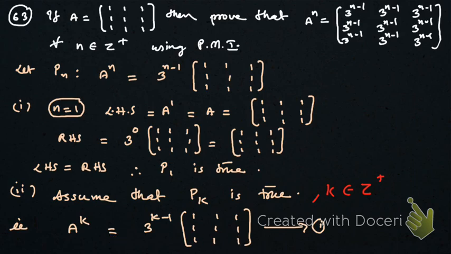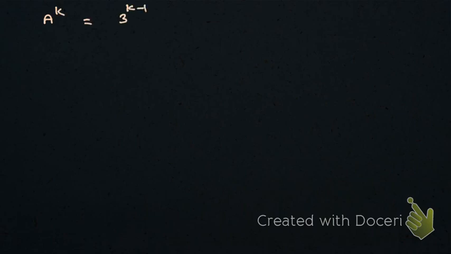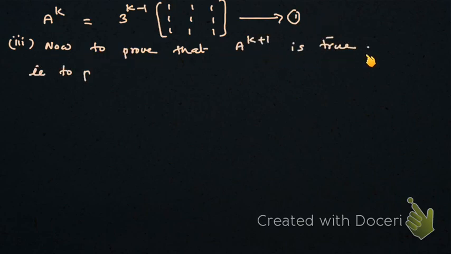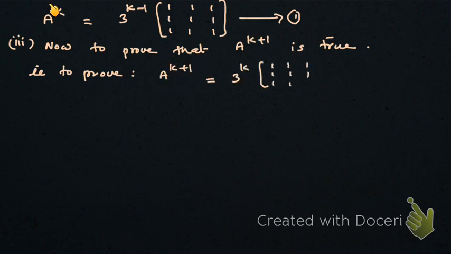In stage 3, then, what am I supposed to do? In stage 3, I should assume that the result is going to be true for the very next integer, which is k plus 1. So that's my stage 3. I just copied my equation number 1, the assumed one. Now to prove that A raised to k plus 1 is true,